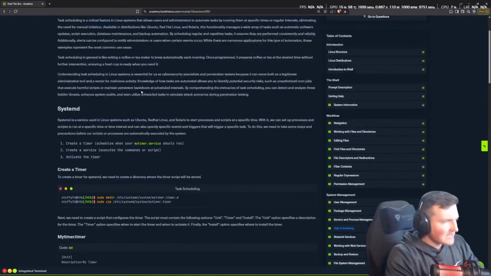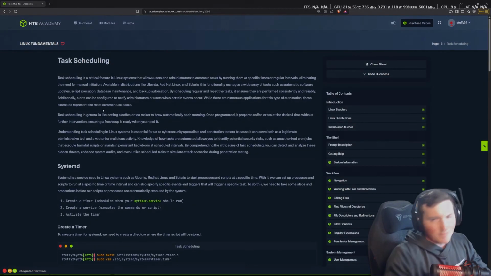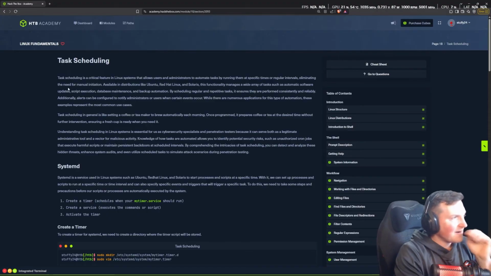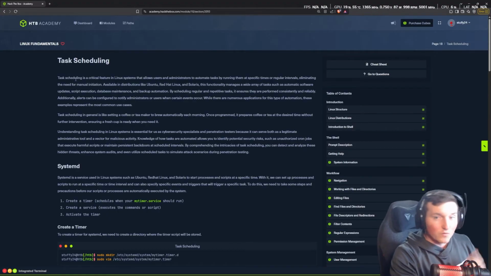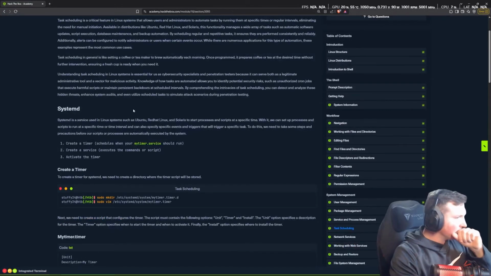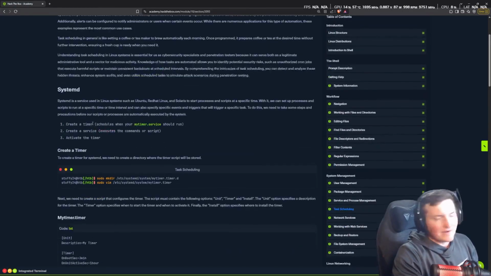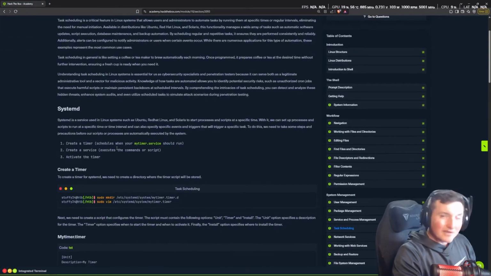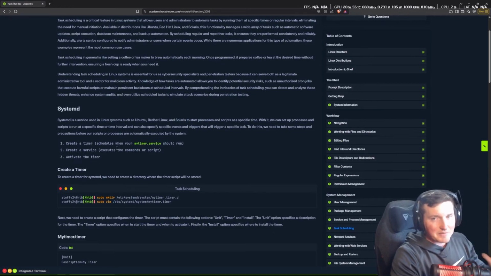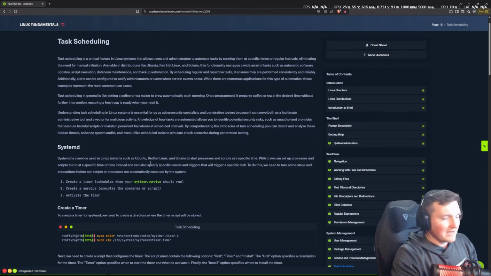Okay, now task scheduling. Most of you are familiar with task scheduling. Give me one sec, guys. All right, so most of us are familiar with what scheduling a task is. In Windows, we have Task Scheduler. In Linux, we have a couple of options. So we have systemd timers, and then we have cron jobs. Most of you guys have probably heard of cron jobs, especially with privilege escalation and stuff like that in Hack the Box. And in general, but the timer is one that even frankly I haven't used, mainly because I never needed it,